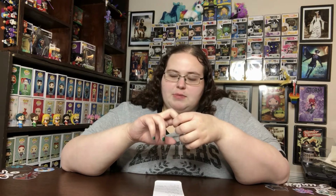So Kotobukiya started making these 2-packs. I don't think they're still doing it. Based off of the 90s cartoon of X-Men. So the first one we got was Jubilee and Wolverine. We got Rogue and Gambit. Those are the ones I have, and I've done reviews on them. And I think one of them got flagged for made for kids. I don't know, but anyway, moving on from that. They also made Beast and Cyclops, and I think they made Professor X by himself. But I don't have any Storm statues at all. And Bishop